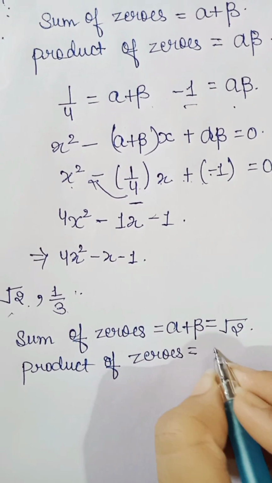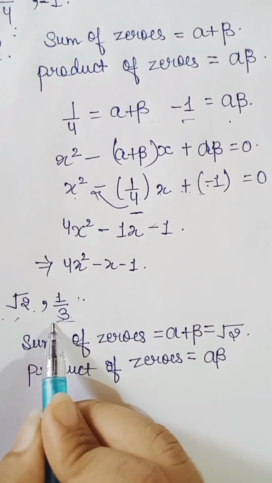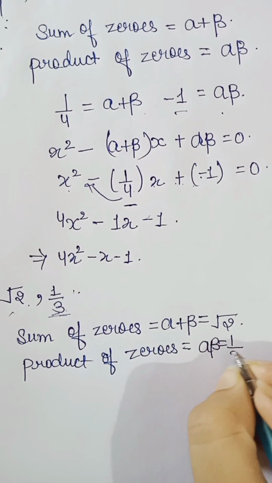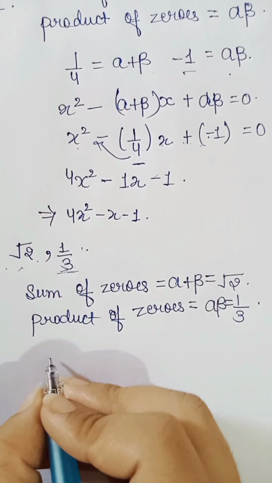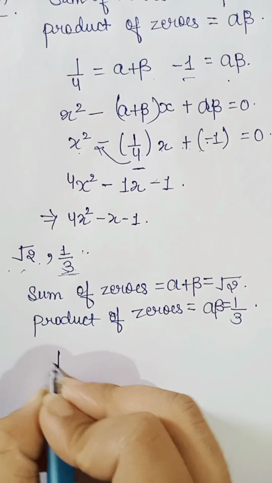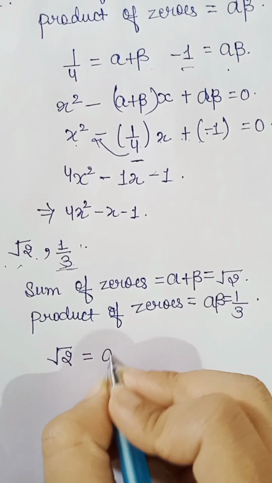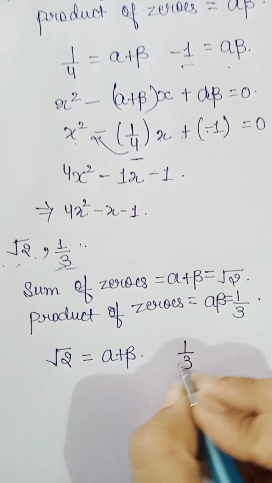So product of zeros can be written as alpha into beta. So now we will consider alpha into beta as 1 by 3. Just write it here, under root 2 is equal to alpha plus beta, and 1 by 3 is equal to